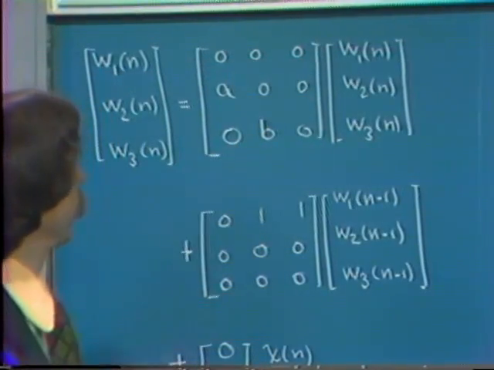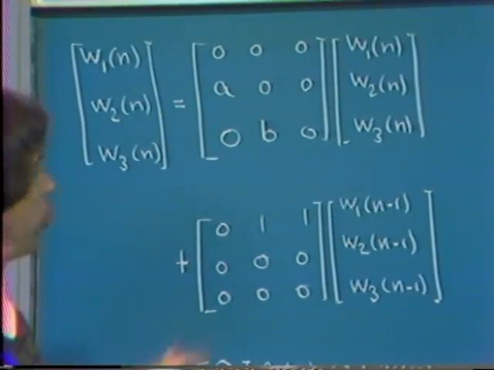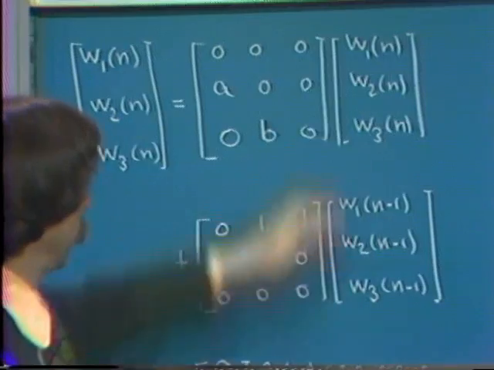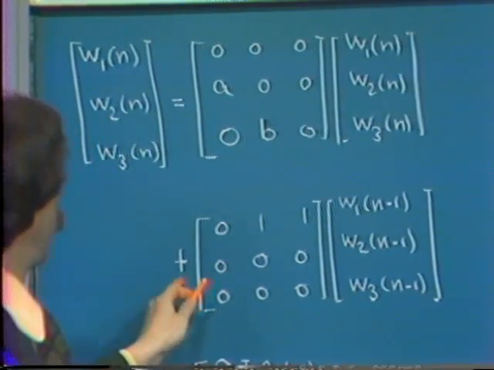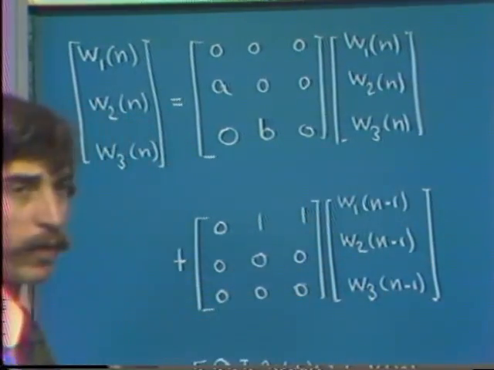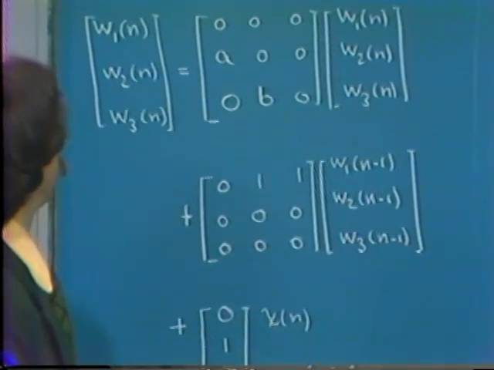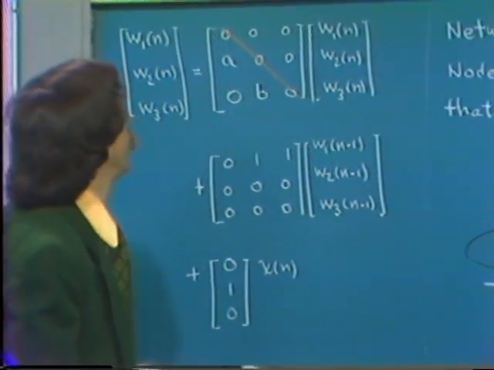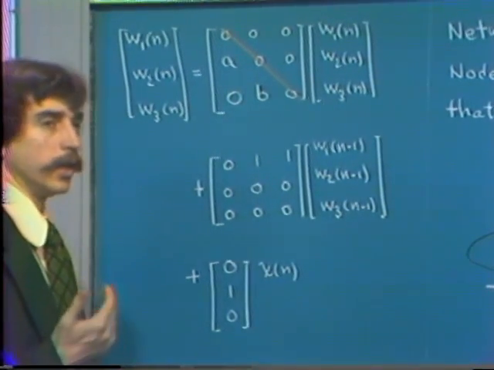Again, the coefficient matrix, the same elements appear, but the order is swapped around, multiplied by the vector of current node states, and then a delay matrix multiplied by the vector of delayed states, and then the input coupled in. And notice that in this case, we don't have any non-zero values on or above the main